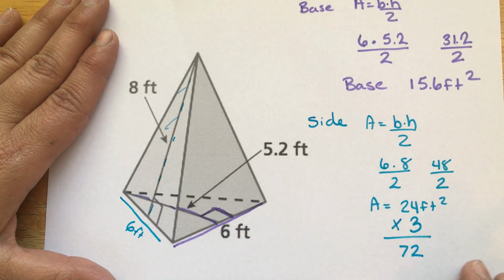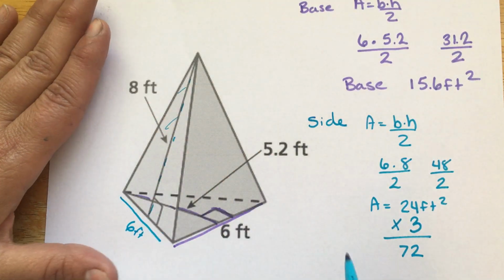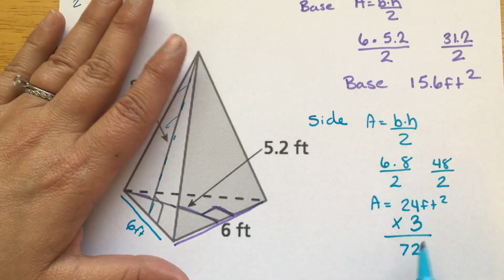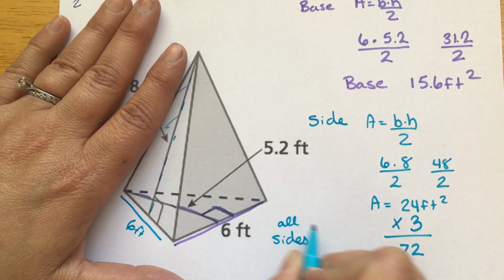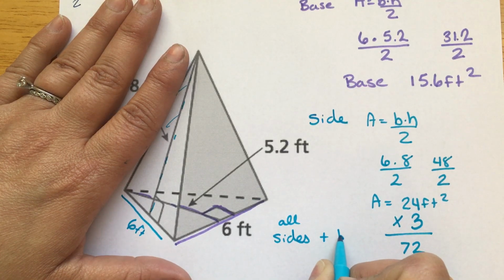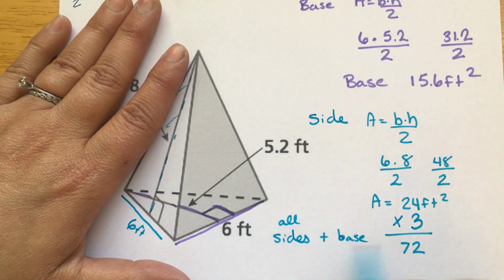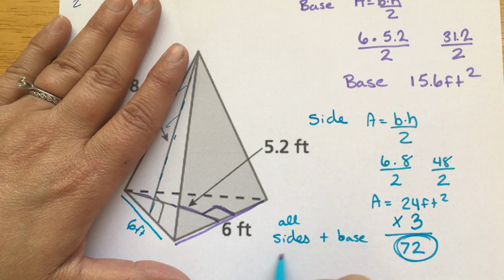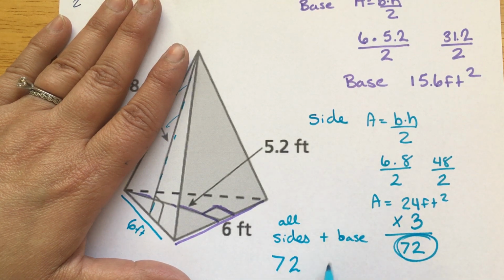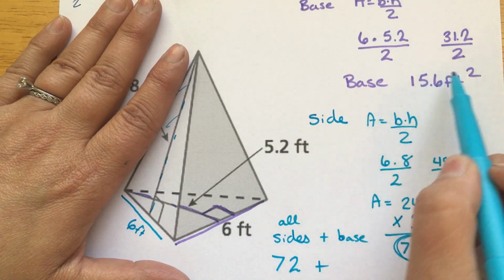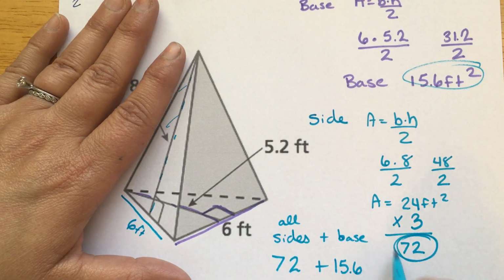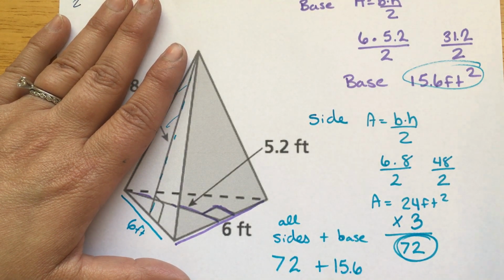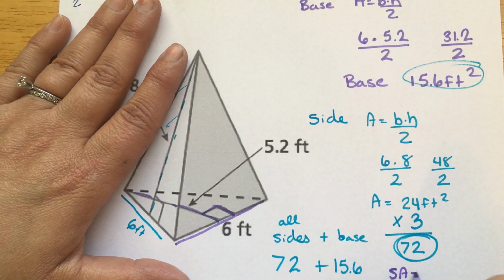To find the surface area of this entire triangular pyramid, I need to add all my sides plus the base that I have, right? So all sides together, we said, was 72. So it's 72 plus what I said my base is, which is up here, the 15.6. And when I add them together, I get, let me change colors, surface area is equal to